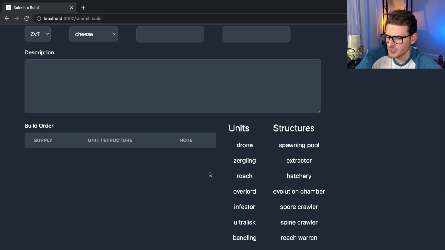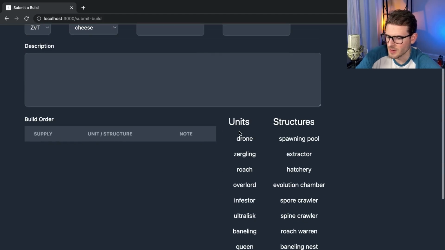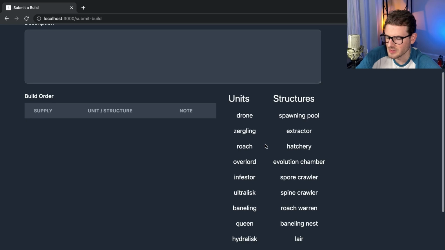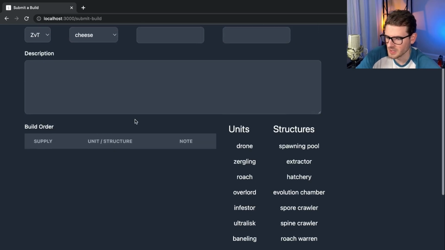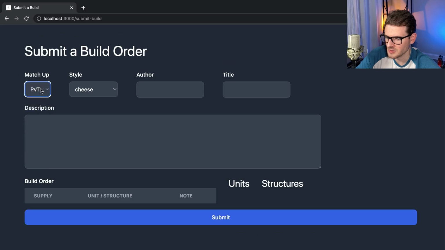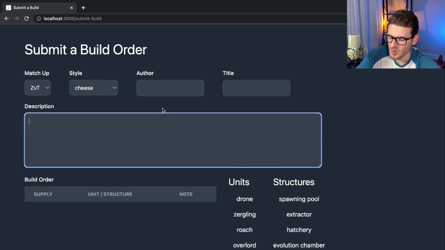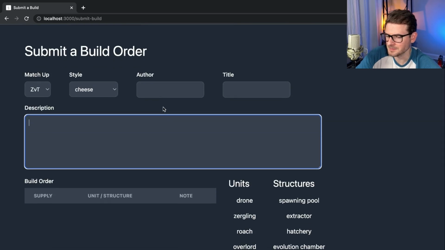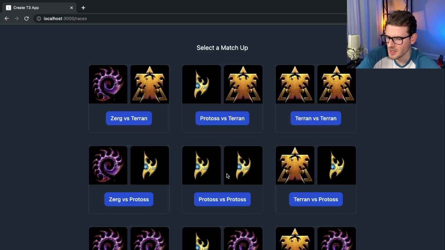So we worked on this build order thing in the last video. I think it'd be cool to add images to all of these. I'm not sure if I want to continue on just adding different types of starting units for the different races, or what I want to do. I don't know. I might take a little break from this, and someone actually suggested that I have a counter